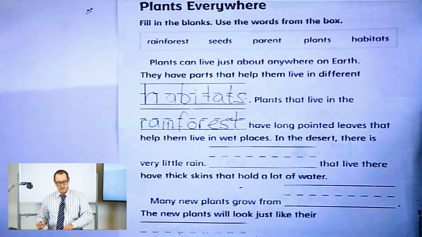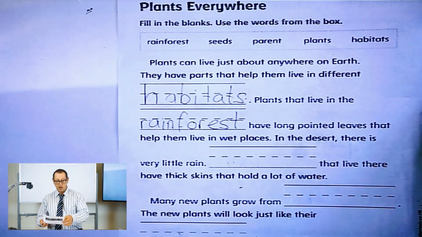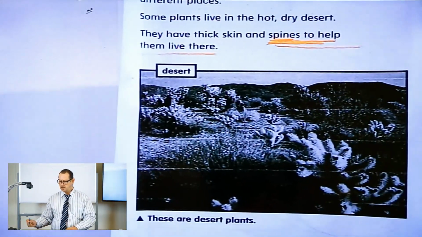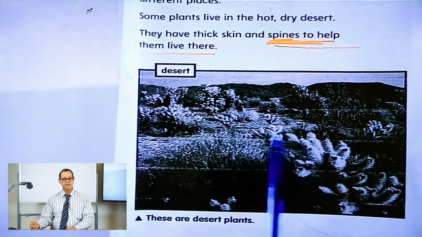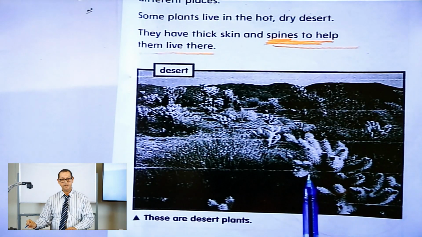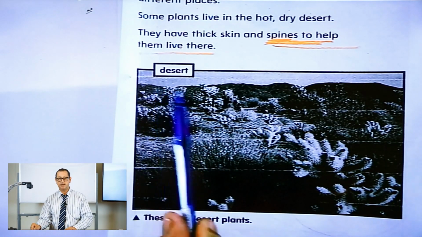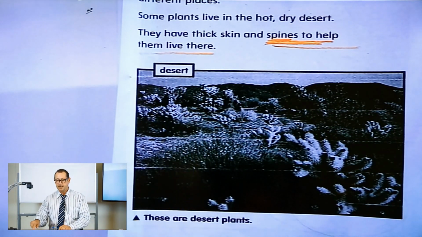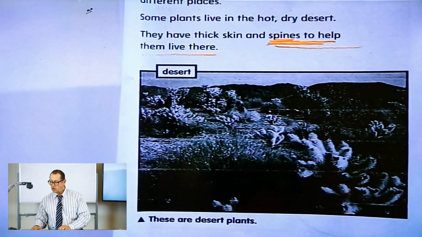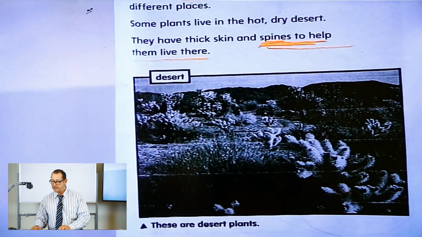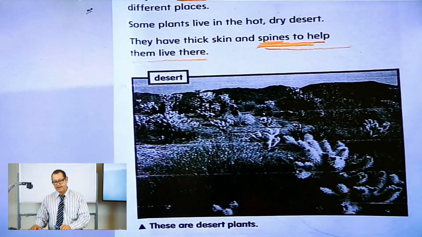Okay, the next one was on page 4. Can you remember what plant this is? Cactus. Yes, it's a cactus and it lives in the desert. Okay, so some plants live in hot, dry desert. They have thick skin and spines to help them live there. So,